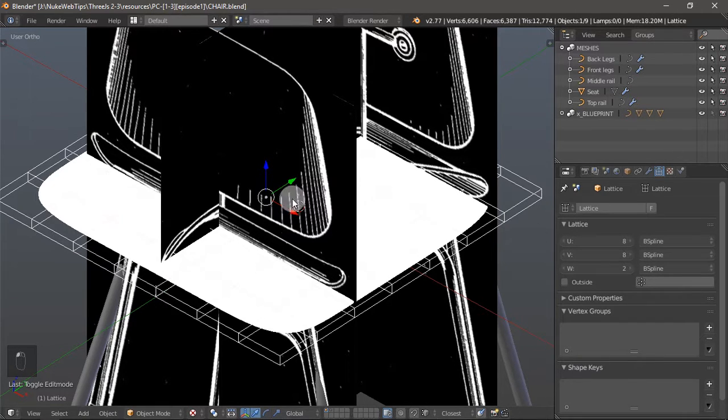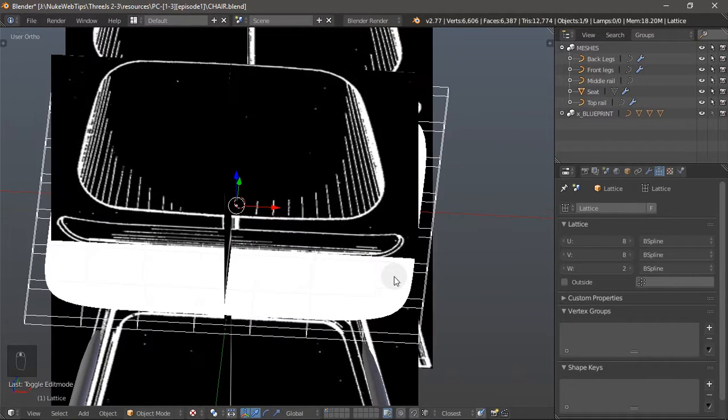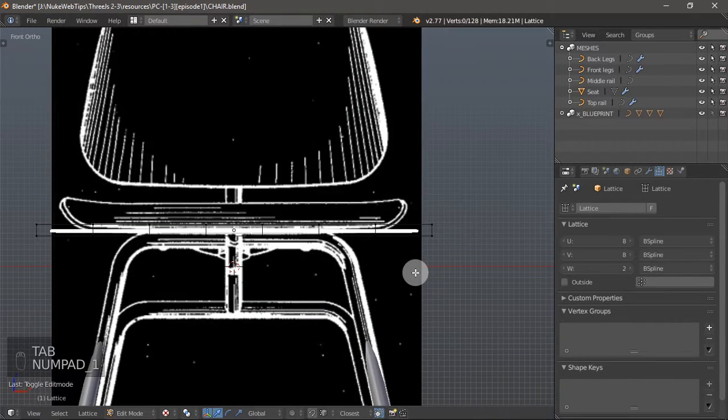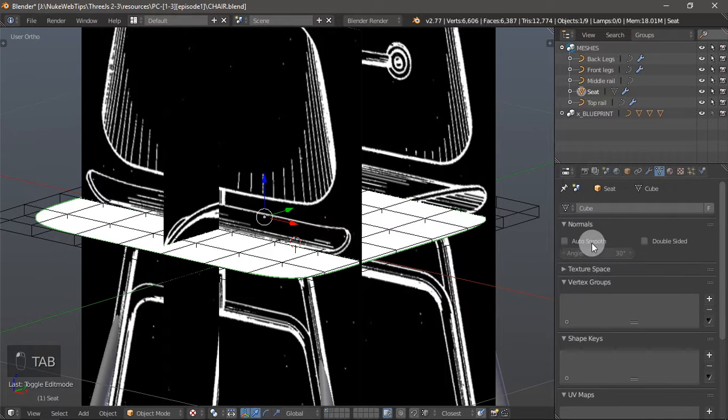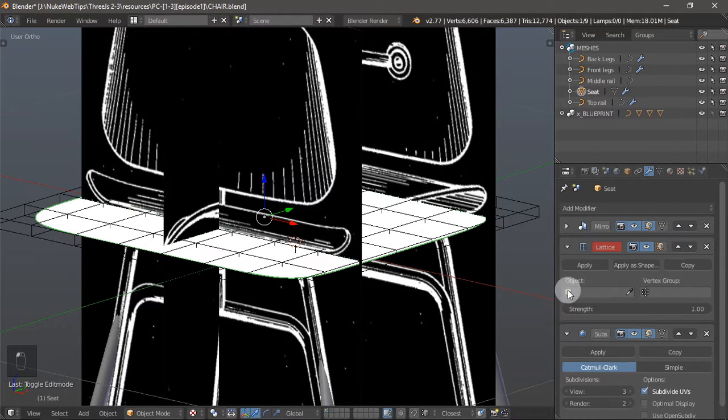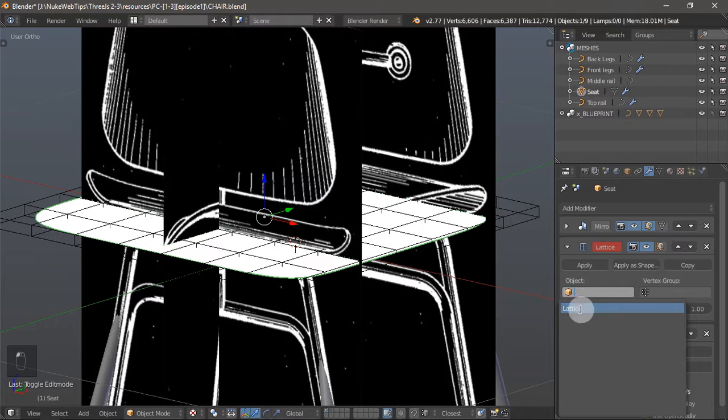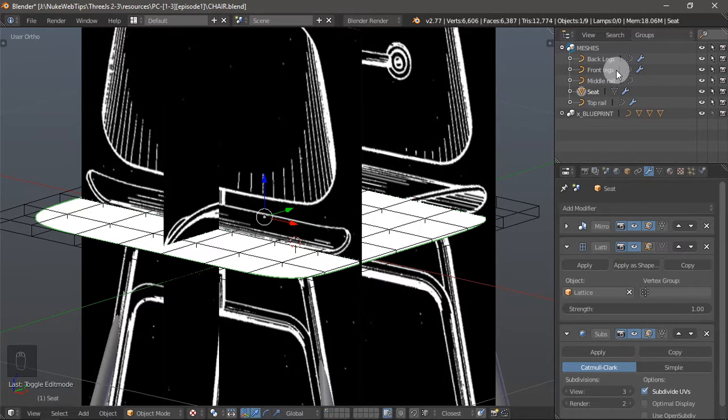We basically slice it down, and why we need this I'll tell you in just a second. As we select all, deselect all, B, and right now if I modify it, notice that nothing will happen. And why? Because we have to go to our seat, modifiers, and lattice, and we have to specify which lattice will be able to modify our shape. So we select our lattice,